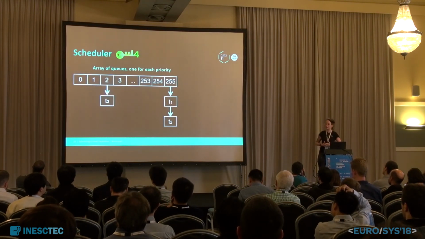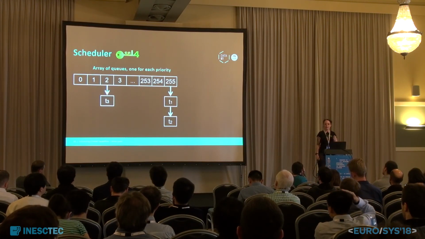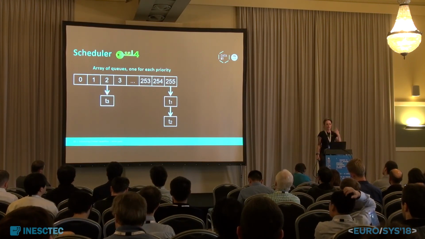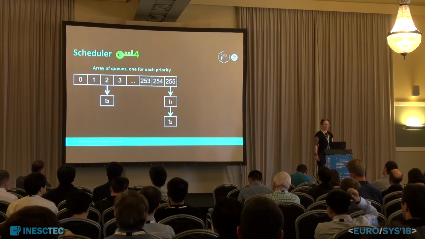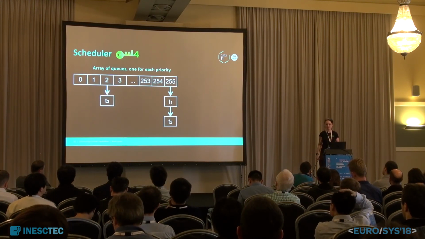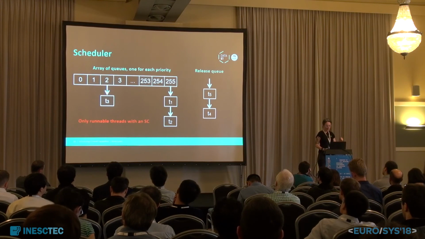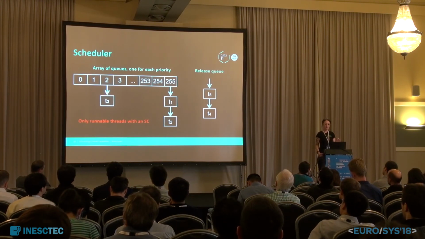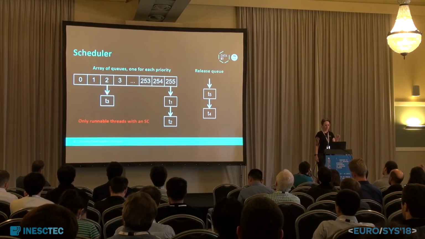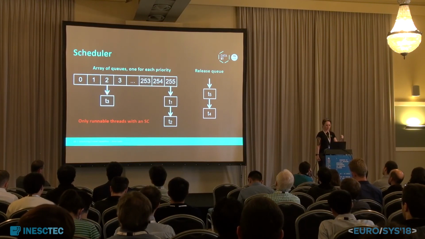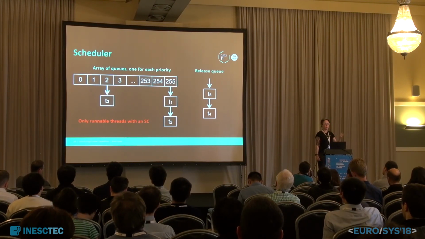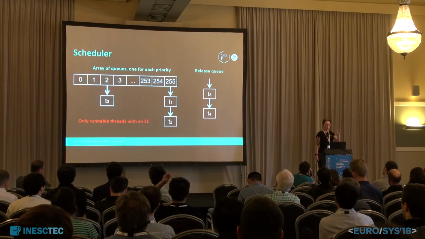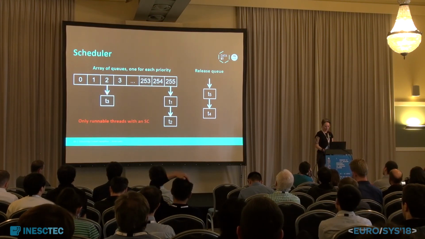We modify the existing scheduler. So the current, traditional L4 scheduler is just 256 priorities. Within a priority, things are scheduled via round robin. We just have a linked list for each priority. So we add, as well as the invariant that you can't be in the scheduler without a scheduling context, a new queue of threads, that is threads waiting for more budget. They don't have any bandwidth available. The kernel puts them in the release queue to wait. So that's very simple.